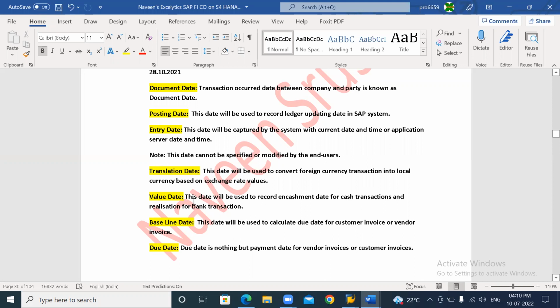Next one, write down value date. Very important. This is value date. This date will be used to record